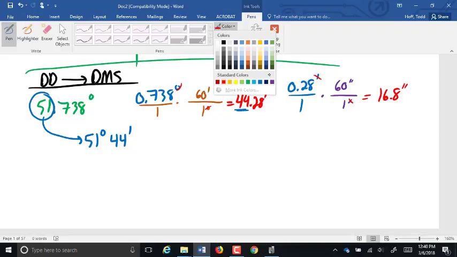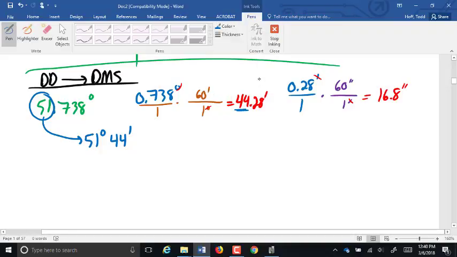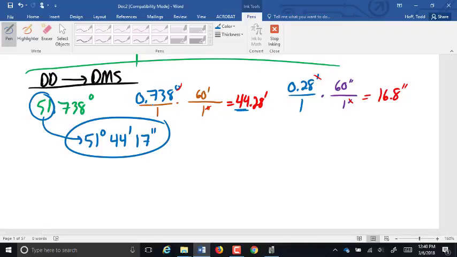Giving us 16.8 seconds. Now it is perfectly acceptable to write down to a tenth of a second, so we could write that as 16.8. I'm going to round it to the nearest second, to 17 seconds. The reason for that, most measurements I've seen that go down to smaller than a degree will go down to 5 minutes. Like I said, that's 1/12 of a degree, which is about as small as I've usually seen things